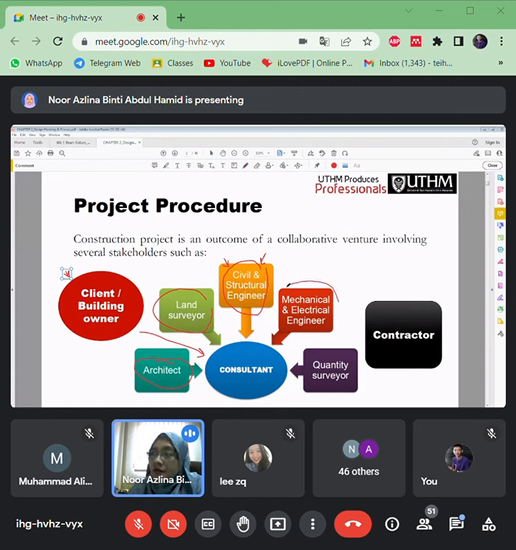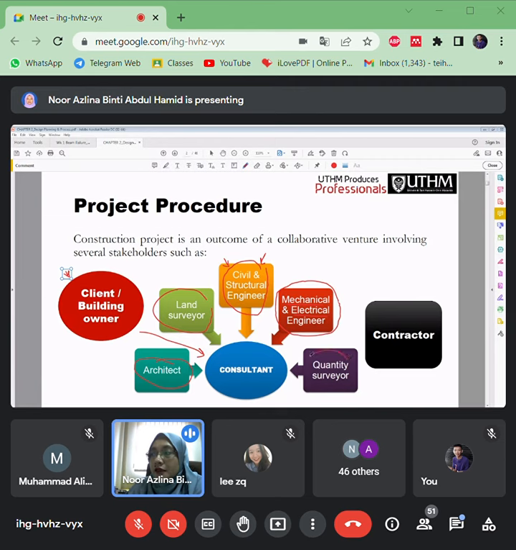Then there will also be other engineers, the mechanical engineer and the electrical engineer, who are responsible for example for elevators, power systems, air conditioning, and whatever else is related to mechanical and electrical.